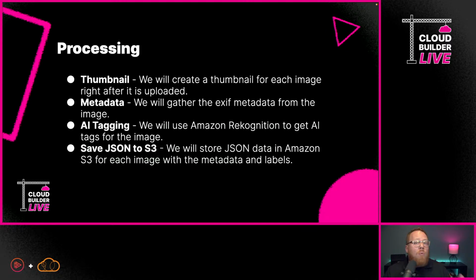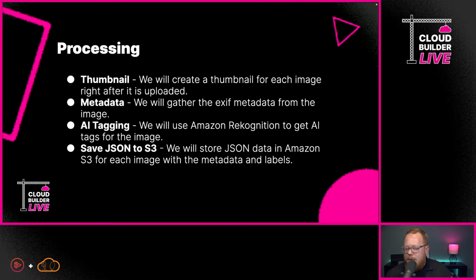And then ultimately what we're going to do is we're going to save all of this data back to a JSON file that we'll store in S3. So when we go load a photo, when we go into that detail view, we're going to pull back that metadata and those labels within that JSON file. And here's the interesting thing about that: we're able to build out something that's pretty much fully functioning and doesn't use a database at all. We're just using S3 to store the data. So this is what we're going to be working on.